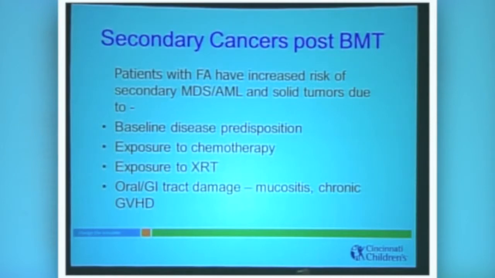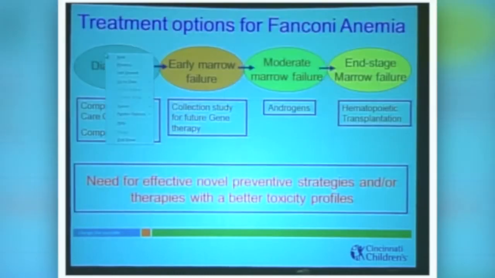Patients with FA have an increased risk of secondary MDS or AML and solid tumors because, one, they have a baseline increased risk. Second, they get exposed to chemotherapy just like everybody else. They get exposed to radiation, which they are sensitive to. We also see oral and GI tract damage from mucositis or chronic GVHD. So the effort should be made to address each of these issues to decrease the risk of cancer post-BMT. So overall, the way I think about treatment